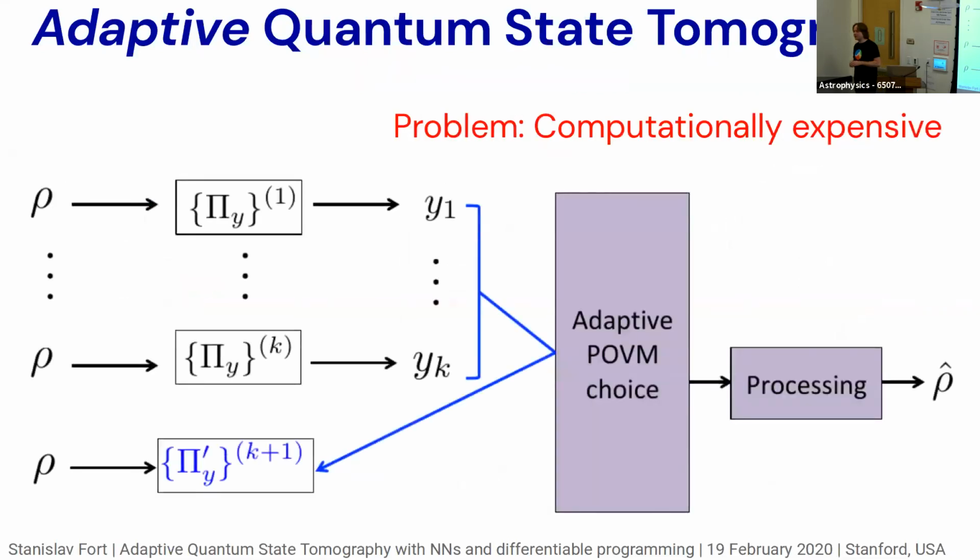But the problem here is that this is computationally expensive. These Bayesian optimal updates are really hard to do computationally. So actual physical classical computers analyzing the measurements and designing the next measurement and estimating the best current guess, those are just slow to run. And we actually have numbers on this. On my laptop, to some accuracies you care about, it could take weeks. I never ran it for a week, I ran it for a few days to get some estimates and we project it out. And it'll turn out eventually that a big advantage of our approach is that what we can do in seconds as a reconstruction, these algorithms would take weeks or months to process. So it's way faster.